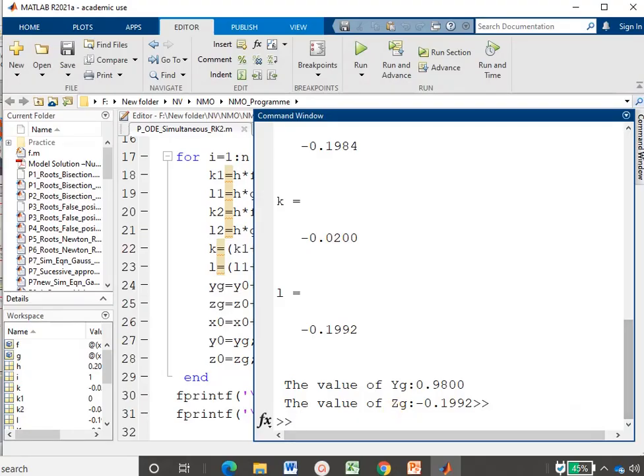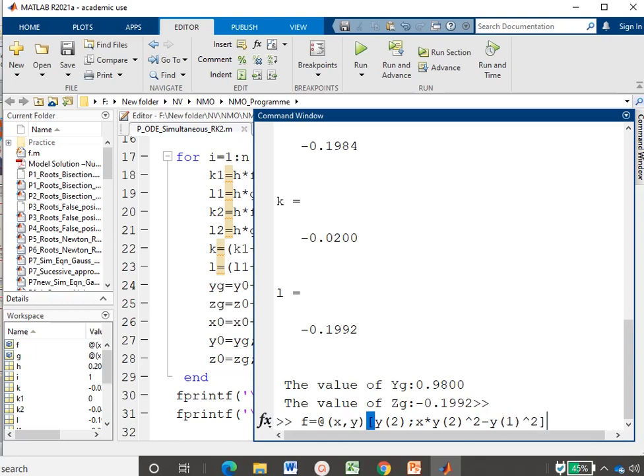First we have to define the function, and it is assigned to variable f. f is equal to @ in bracket x comma y, then in the second bracket we have to use a square bracket. In the square bracket the first function is y of 2, then give a semicolon, and the second function is x into z square, so x into y of 2 square, for which we use the cap symbol, minus y square, which will be written as y of 1 square.